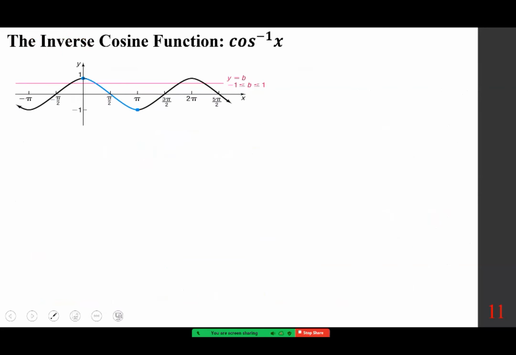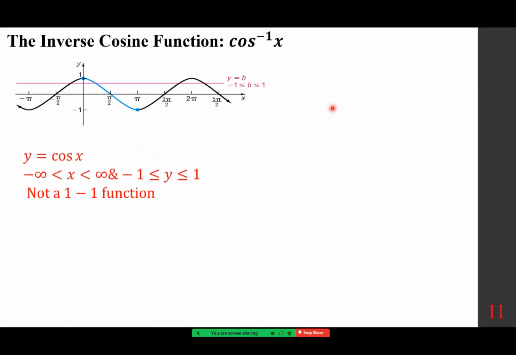Let's deal with the cosine. Cosine has the same situation as sine. It's a periodic function, and therefore it's not a one-to-one function. So y equals cosine x. X is between negative and positive infinity, and y is between negative 1 and 1. Therefore, it is not a one-to-one function. So what to do? Well, we go through the same process,